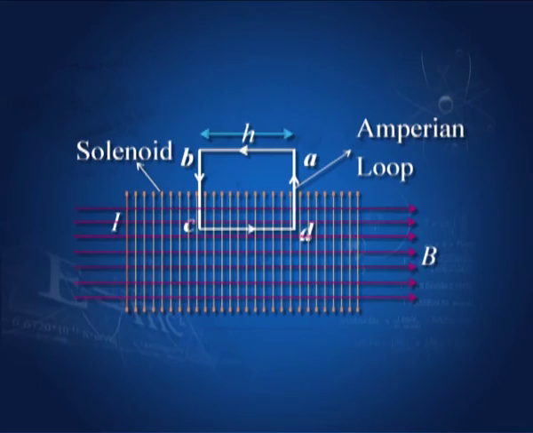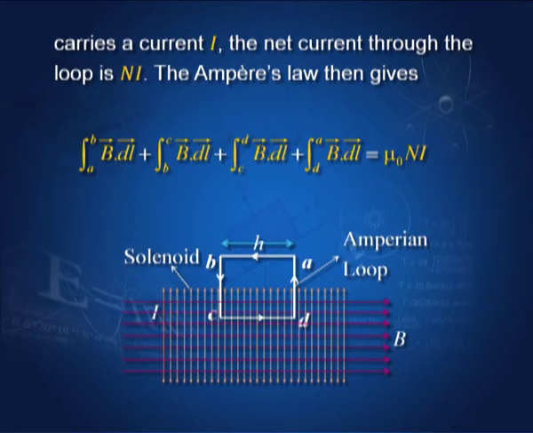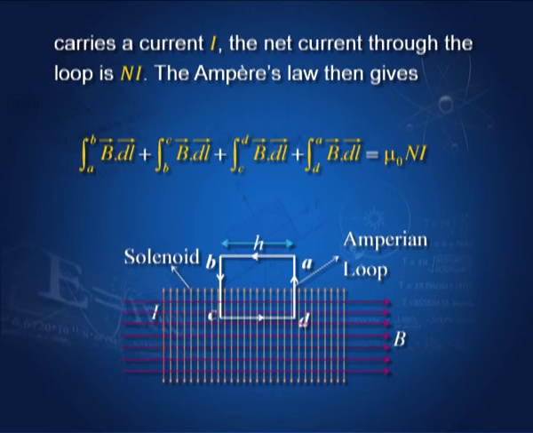So, we take that structure, and now I take this loop and apply Ampere's law. Ampere's law says that the integral from B to A of B dot dl, plus from C to B of B dot dl, plus from C to D of B dot dl, plus from D to A of B dot dl, all that must be equal to the current inside this loop. And what is the current inside this loop? If there are n turns in the loop, then this must be equal to mu 0 into n into I. And now we shall evaluate these.